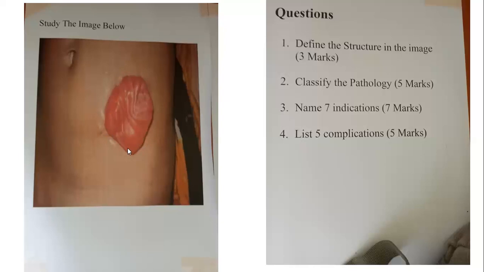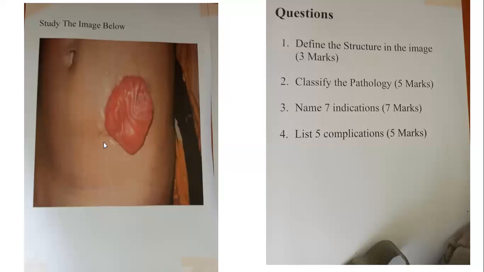So one classification for these pathologies is based on duration, where we could say it is temporary or is permanent. Another classification is based on the anatomical structure involved. If the sigmoid colon was used for creating the colostomy, it's called a sigmoid colostomy. If it is the transverse colon that was used, it's called a transverse colostomy. If it is the ileum that was used to create the stoma, it is called an